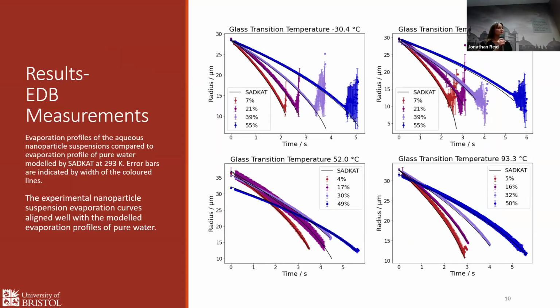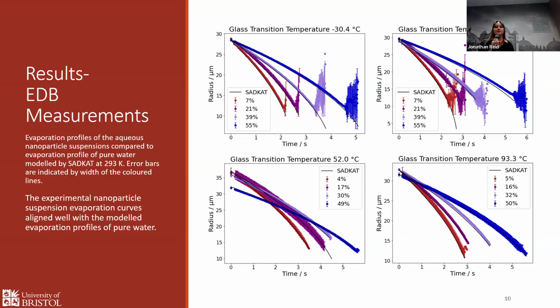So to jump straight into the results, these are the EDB measurements of the 4 different samples, as you can see, and each of the 4 different samples was done at 4 different RHs to look at the effect of the RH on the evaporation kinetics as well. What we found was that, well, I should also mention, so these are the evaporation curves, radius versus time plots, and the black line, which is somewhat difficult to see in some of them, is a modelled